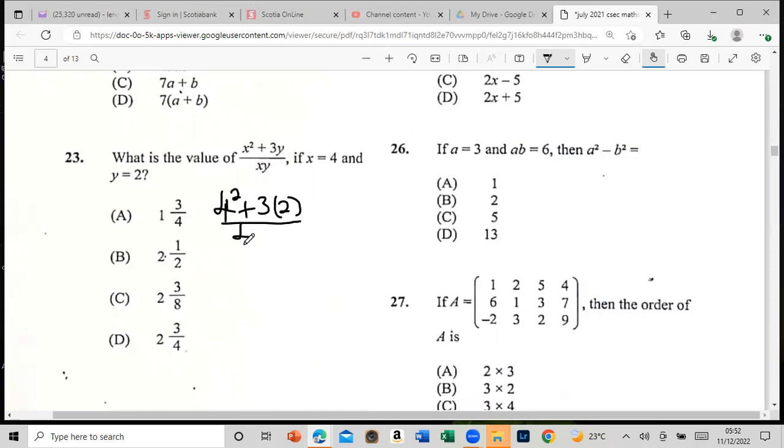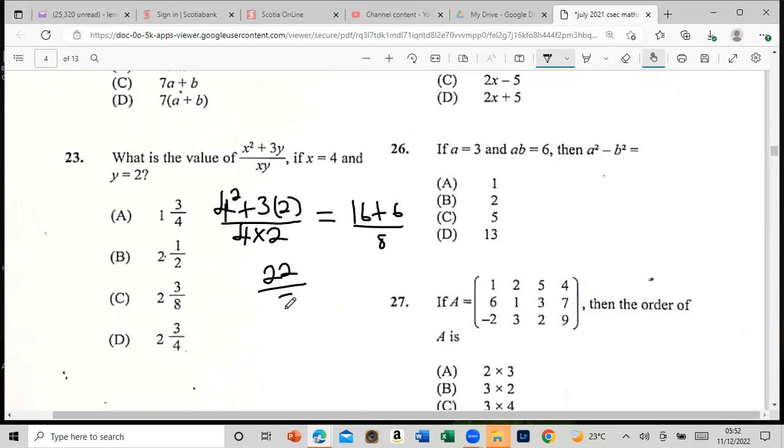So I'm going to simplify it. 4 times 4 is 16, plus 6. 3 times 2 is 6, 4 times 2 is 8. So that's 22